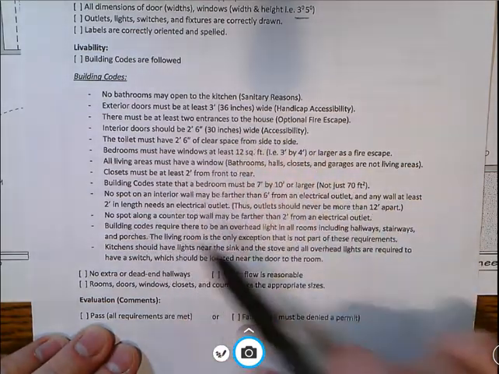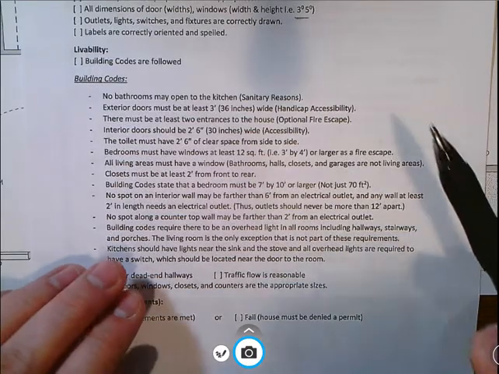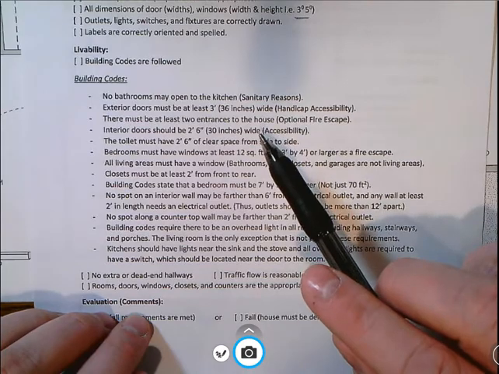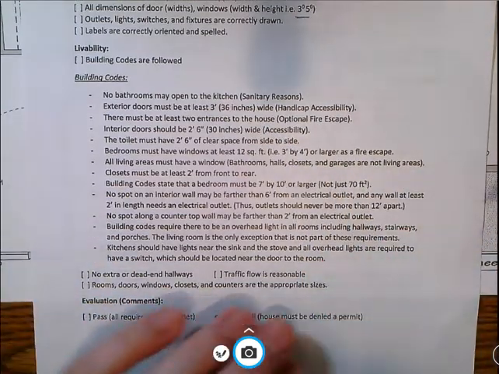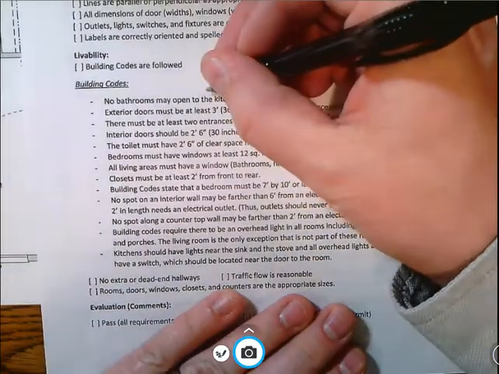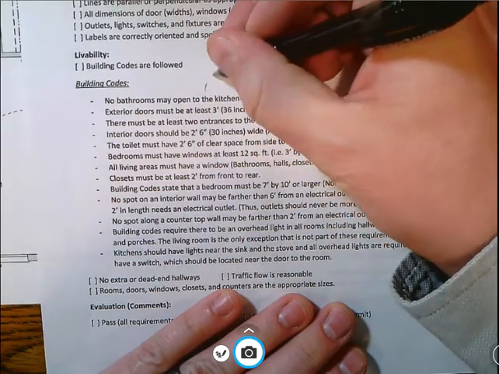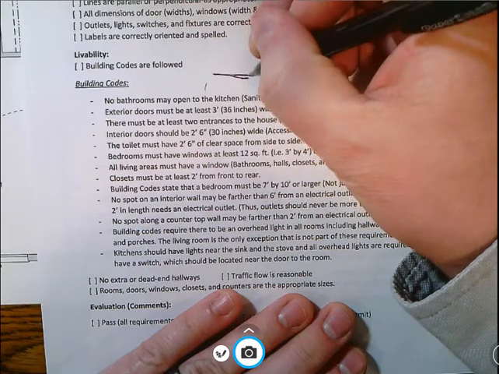But before we get started, I'm going to hit on the building codes. One of the things it says is that no bathrooms may open to the kitchen. Now, this is specifically for sanitary reasons. So, if we're looking at this and you have a floor plan, think about